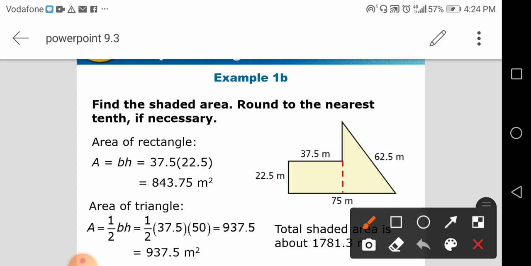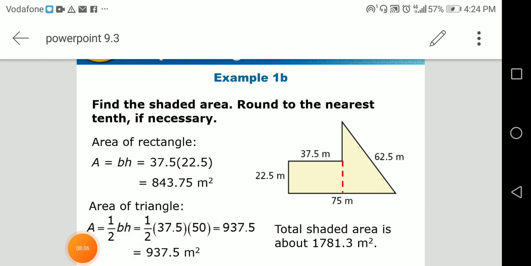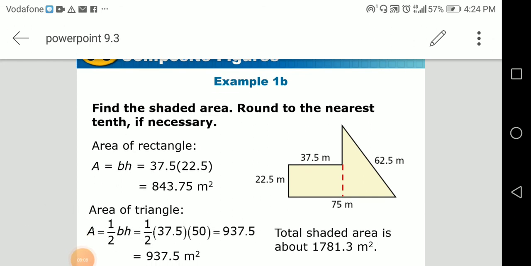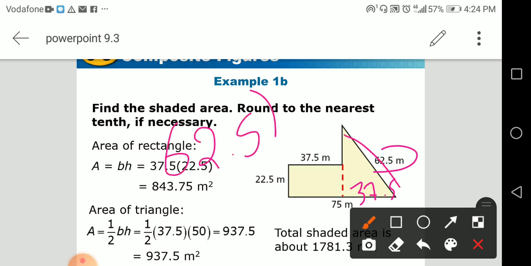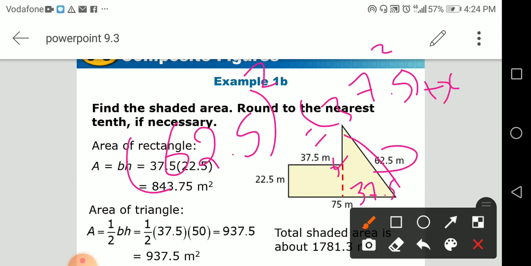So with the Pythagorean theorem, the hypotenuse, which is 62.5, to the power 2 equals 37.5 to the power 2 plus x squared. So this will go to the other side by minus. You have 62.5 to the power 2 minus